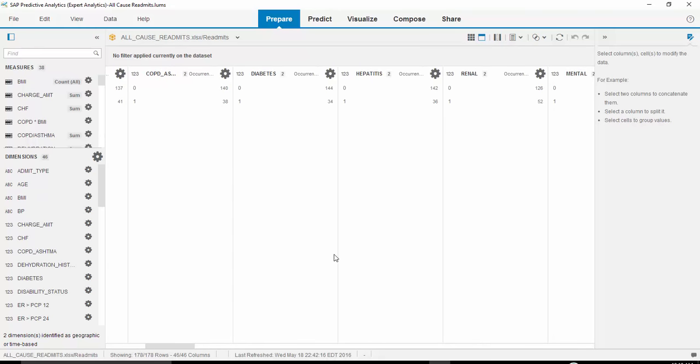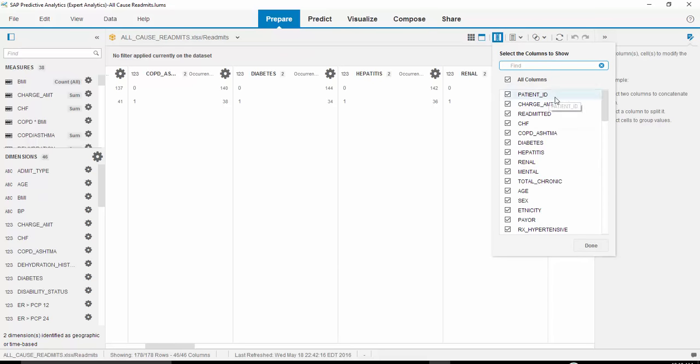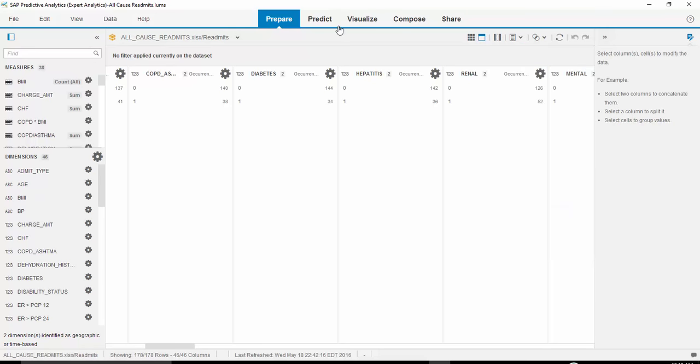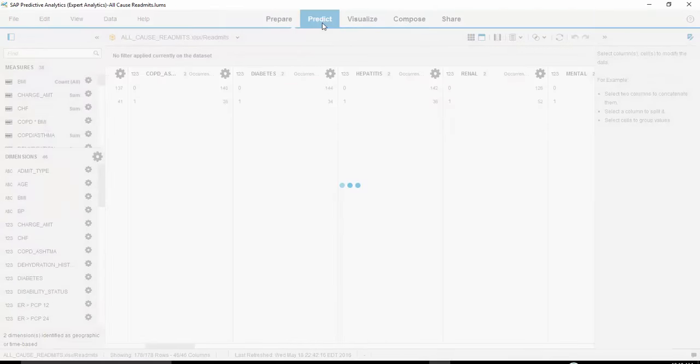You can make short work of data prep this way with this view. You can show your columns, so you can actually select which columns you want to show. If you want to get rid of columns, you can do that here. I'm not going to do that. But moving on into this Predict tab,